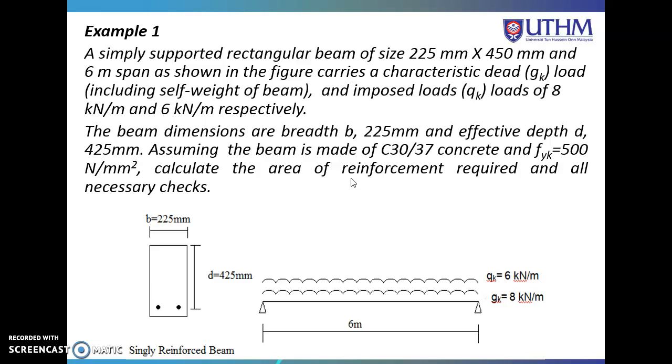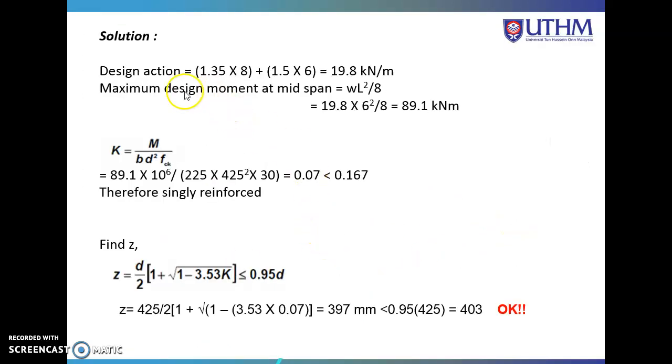Okay, so kalau kat sini yang kita tengok, yang diberi hanya adalah dia punya action, betul? Action. So we need to calculate the action, the design action based on the given imposed dan juga dead load lah. Okay, so as a solution, kita kena buat dia punya design action, which is 1.35